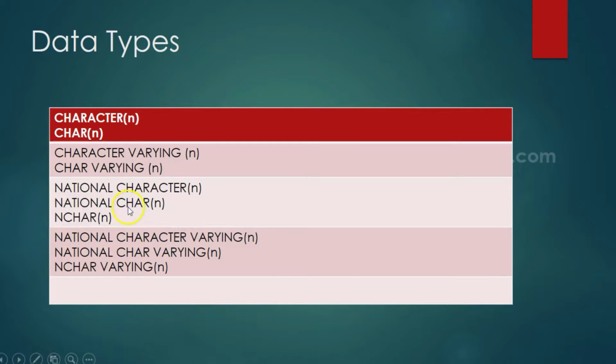Similarly, national char is an abbreviated form. N-char is also there. National character varying N, where N is the size of the data item. National char varying N. N-char varying N. So these are all the character data types.